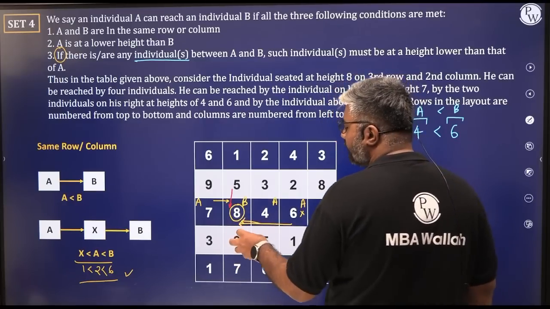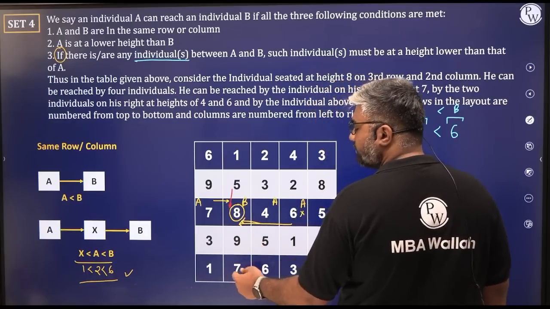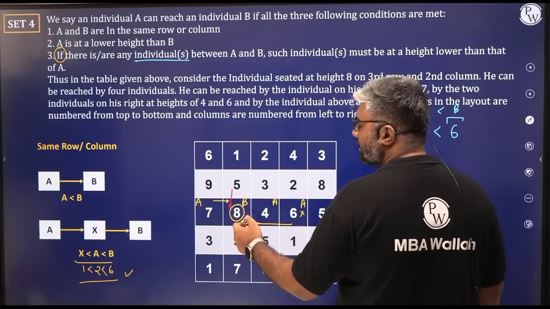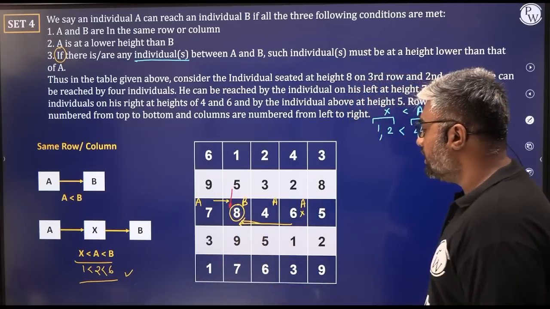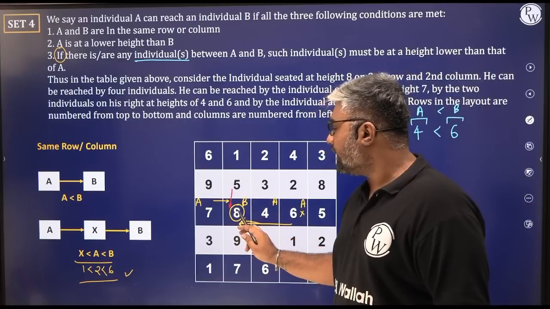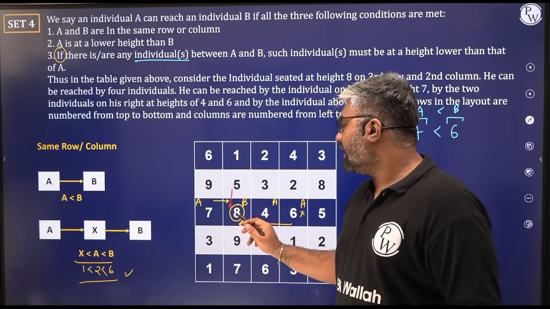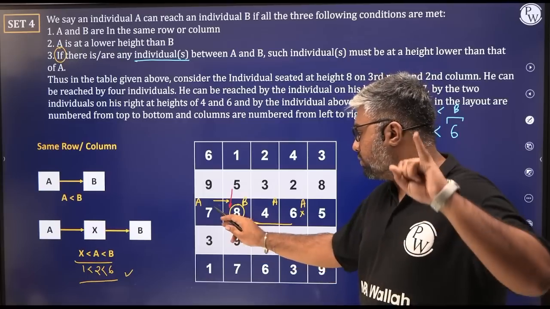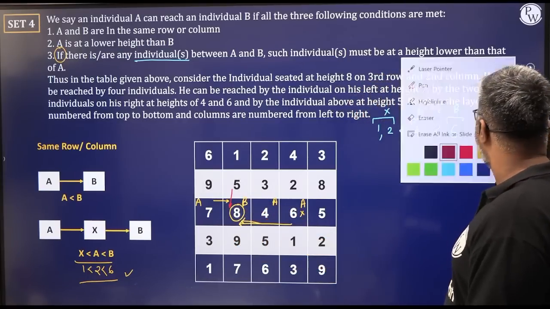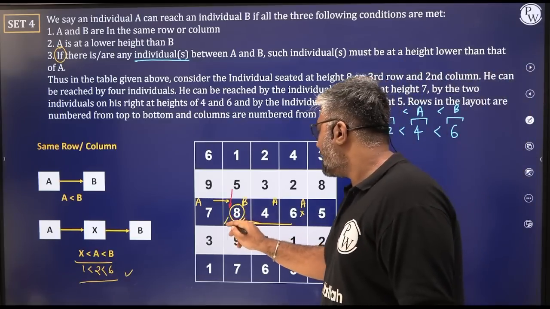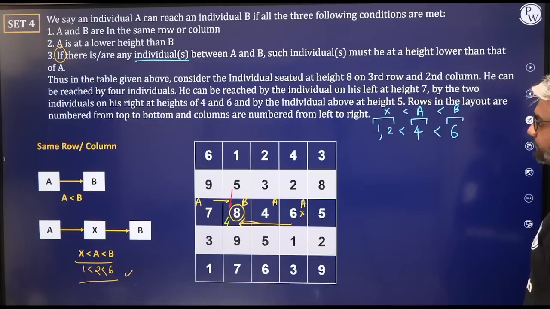Once you figure out that 9 is greater than 8, you don't even have to look at the next platform, because going from 7 to 9 would be useless, because 9 has to be less than 8 for us to reach there, right? So if you look at this particular platform that is at height 8 meters, we can reach it from how many positions? 1, 2, 3 and 4.